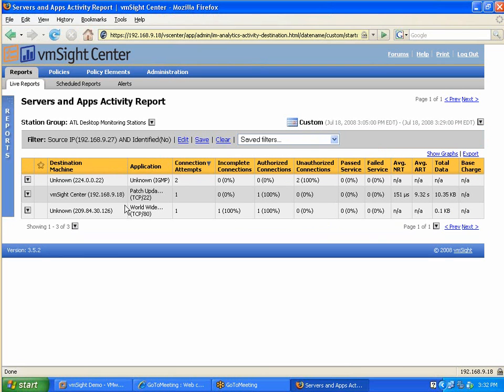There it is. So now we see that here was my Google. There was some other activity, IGMP broadcast activity, that was being done probably by the WinXP operating system. So I can see all the detail of what's going on, and we can look a little later at some of the kind of reports I can get from this even without